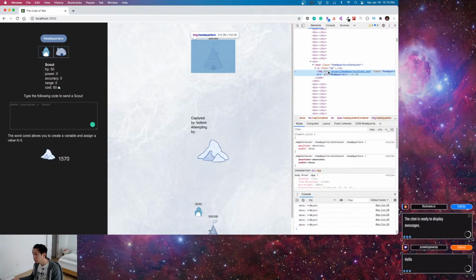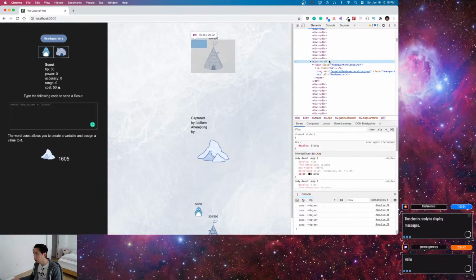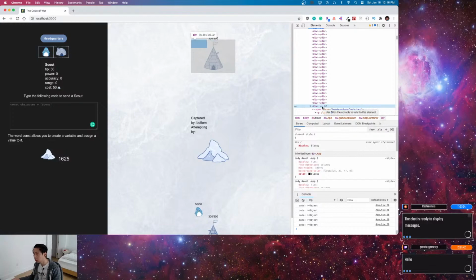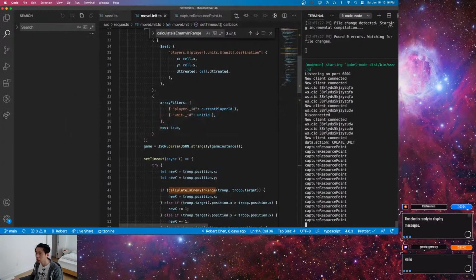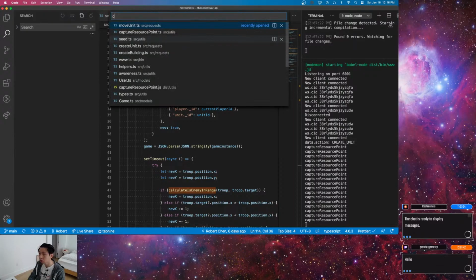It's an image inside of a span. And the div is the grid itself. We can see that the grid is quite small, and that's where the building should be centered on. Okay, so what can we do? The span class needs to be centered. Okay, so if we go to CSS,